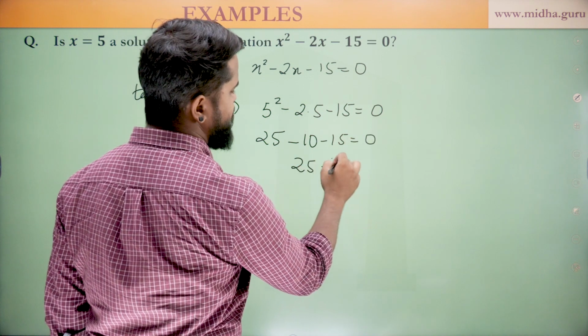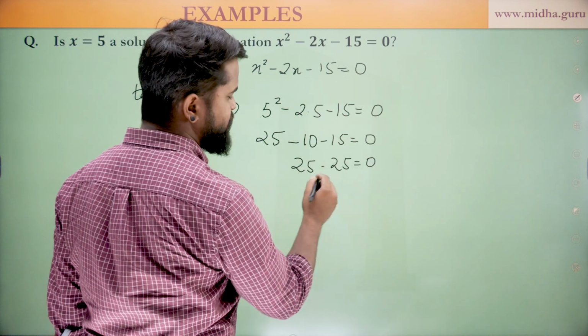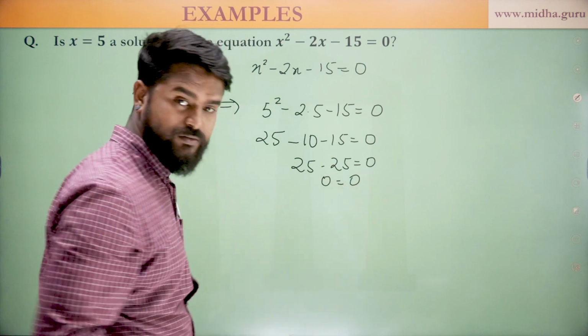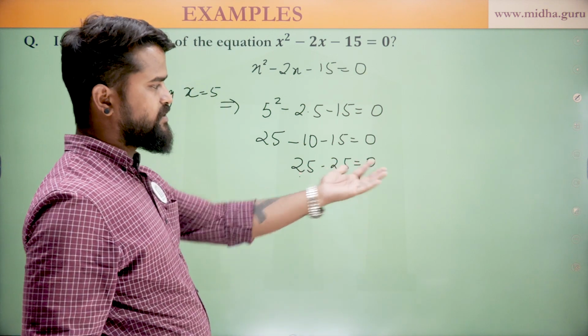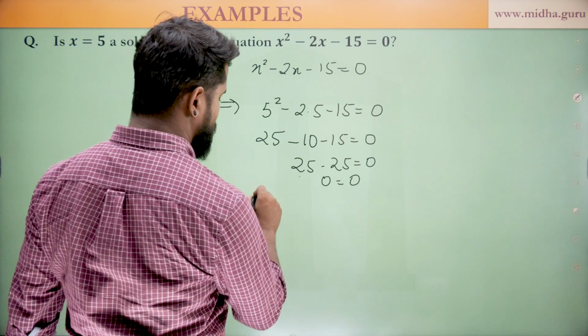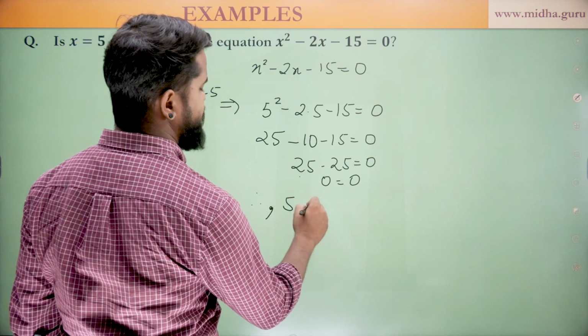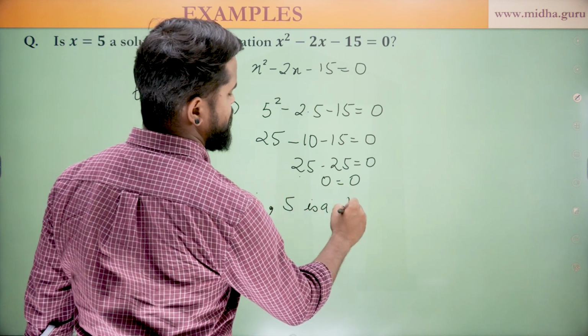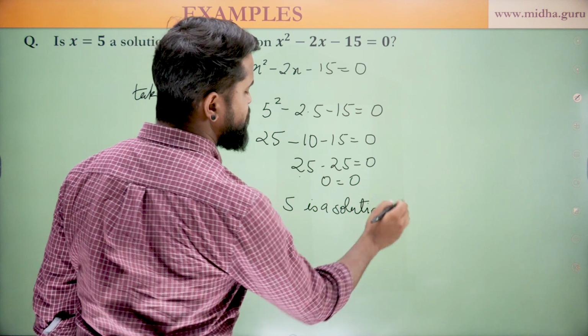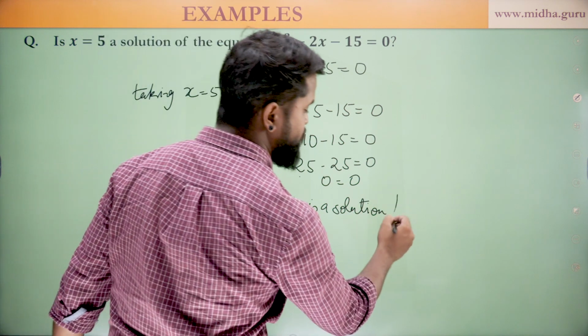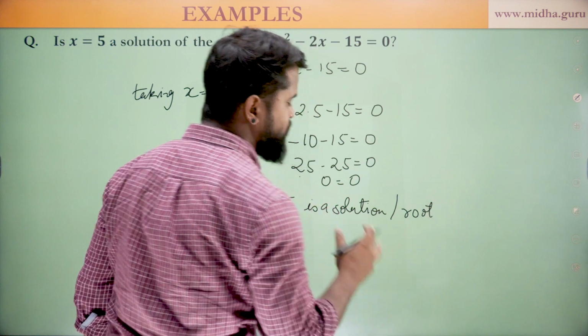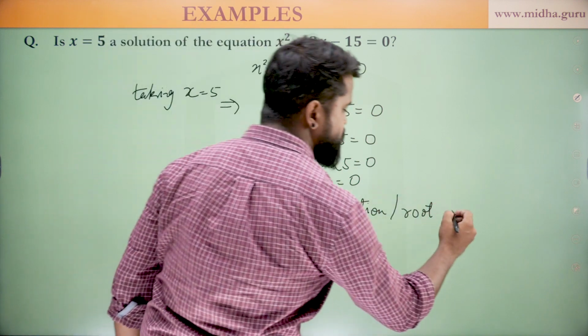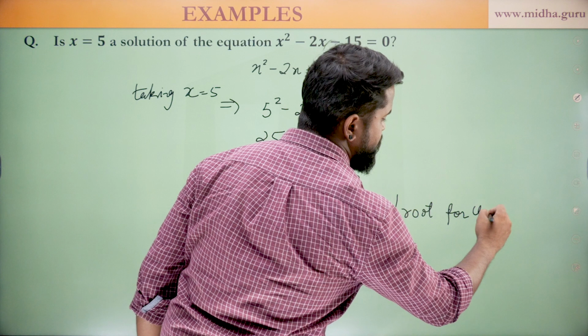So we have 25 minus 25. Is it equal to 0? We see that yes, it is equal to 0. So we get 0 on the left hand side and we have 0 on the right hand side. So we can say that 5 is a solution. And please don't be confused with the word solution and root. They mean one and the same thing in this particular context. So 5 is a solution or root for the given